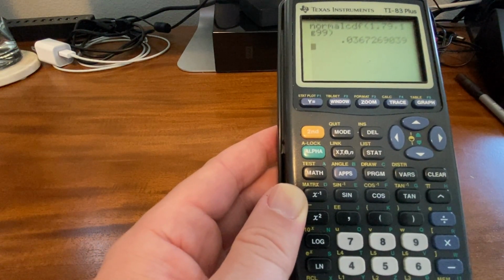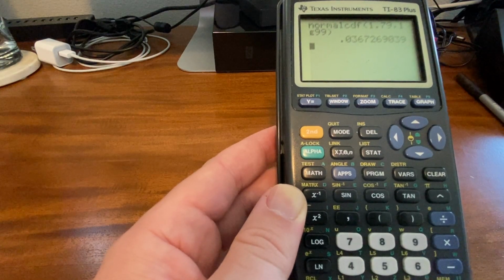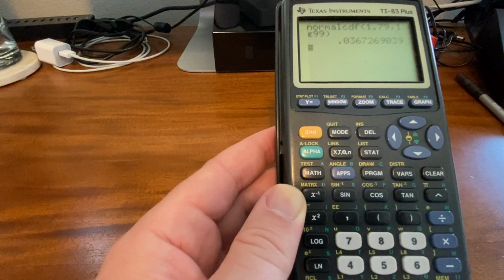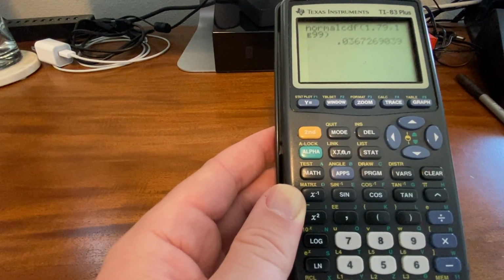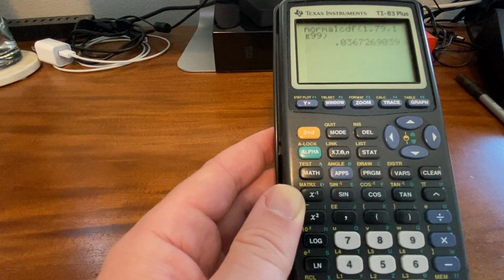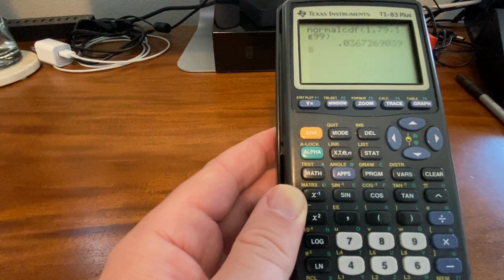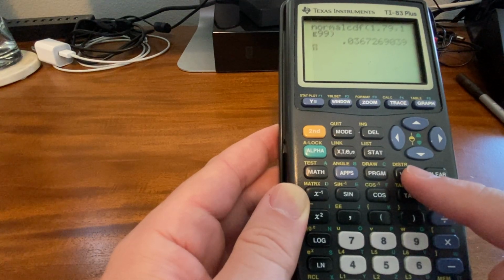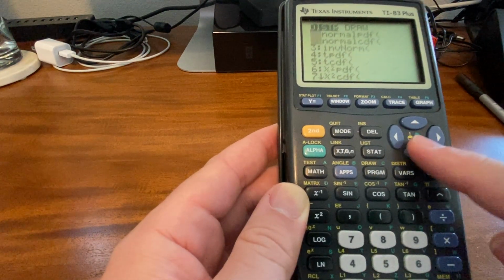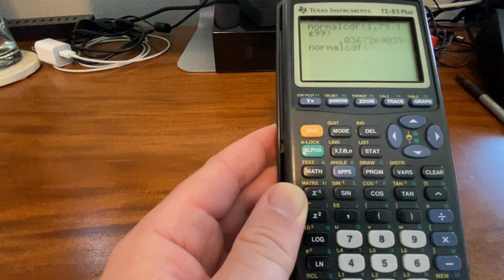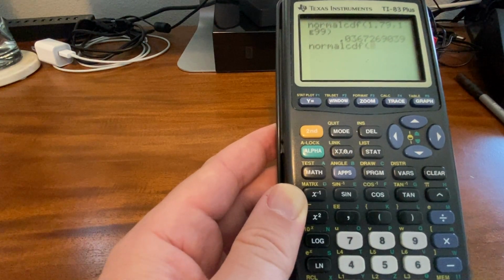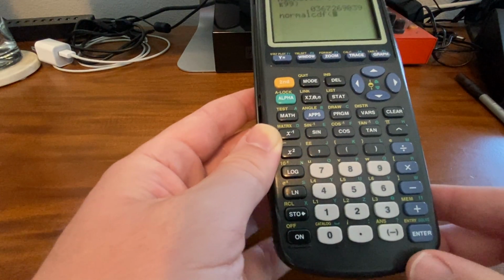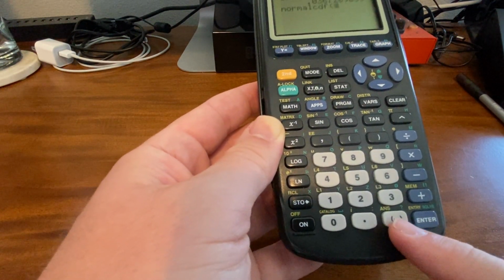If I have a left tail test, then the z-score that I would have found would be my upper z-score, and the lower z-score has to be negative infinity. So let's say that our z-score that we find from our calculations is negative 1.5. I'm still going to use second and then VARS, and then still select NormalCDF. But now my first number has to be the lower z-score, which for a left tail test will always be negative. I have to type this button for the negative,